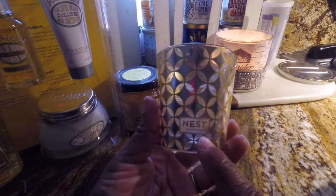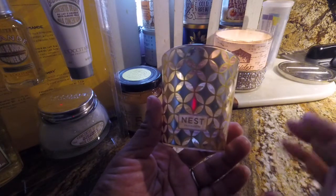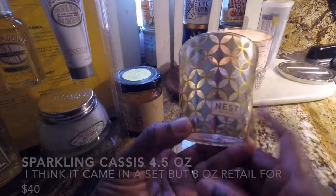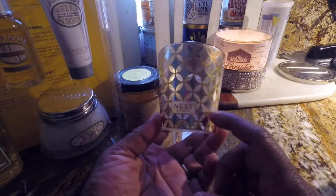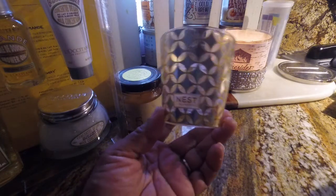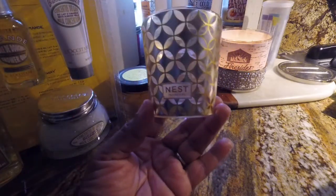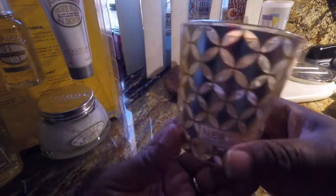Nest candles could be found at Sephora, Nordstrom Rack, more like high-end places. And I think this small candle retails at a regular price of, I think, $40. I got this one as a gift from a kid on my bus. And that's how I was introduced to the Nest candles. I always saw the Nest candles, but I never thought to buy them because it was like, you know, why? But when she gave me this candle...